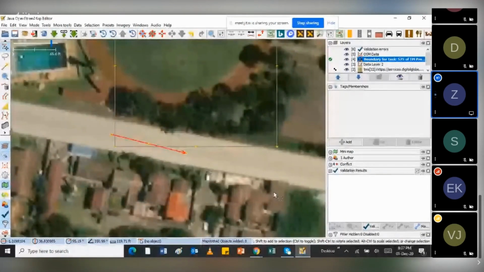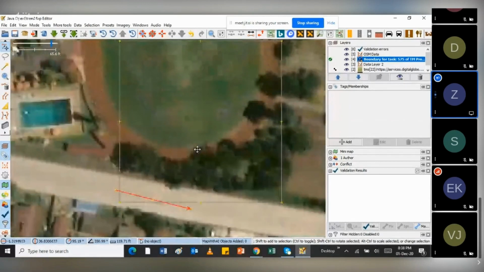Remember, as Laura mentioned, the purpose of the tasking manager is basically to coordinate the mapping. That's to ensure that there is no duplication or people are not editing in the same place at the same time. So I'll just leave the road as much as it appears a bit tiny. Just draw here up to here. Then whoever selects this square will also pick up from here and continue. So that also brings the aspect of community, where different people can contribute, picking up from what someone else did and continuing.